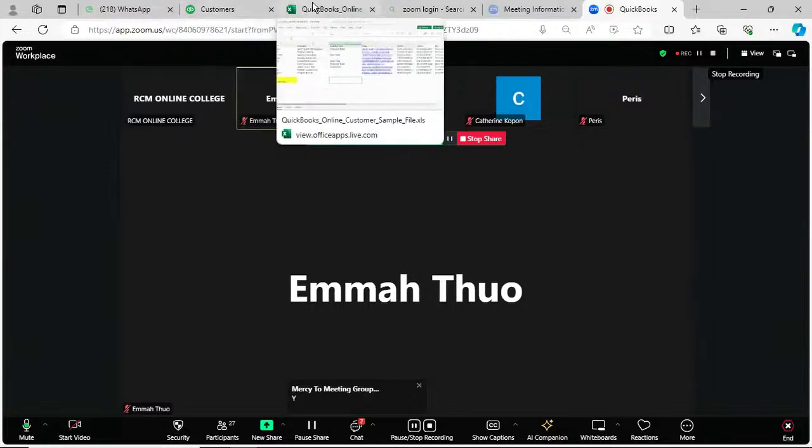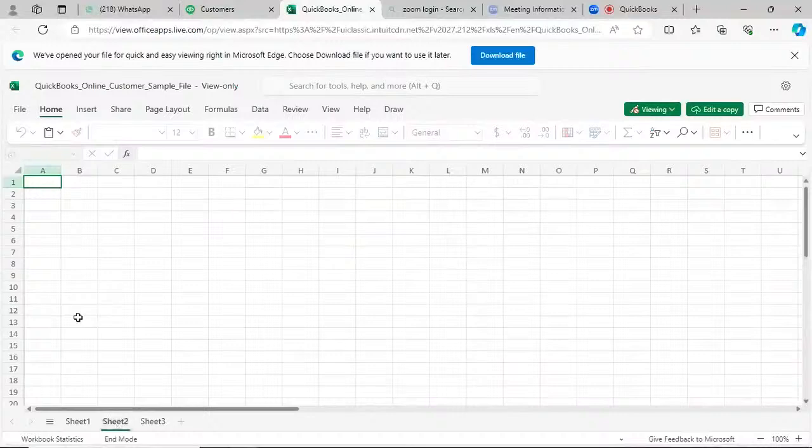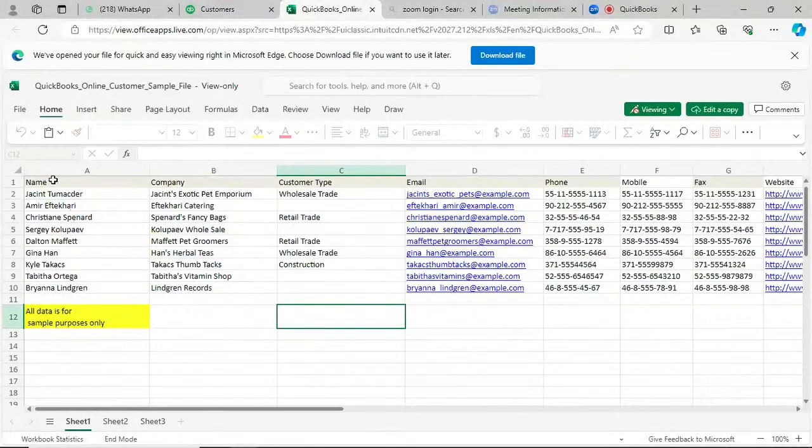Now, note that whatever you have here, there is a note that all data is for sample purposes only. That note is very, very important. So we have sheet 2 and sheet 3. Well, let's use sheet 1. From sheet 1, this is the format. If you need to import a list of your customers into QuickBooks Online, this is the format that your